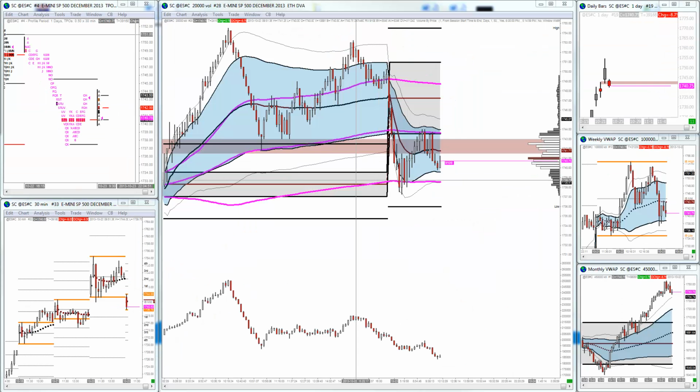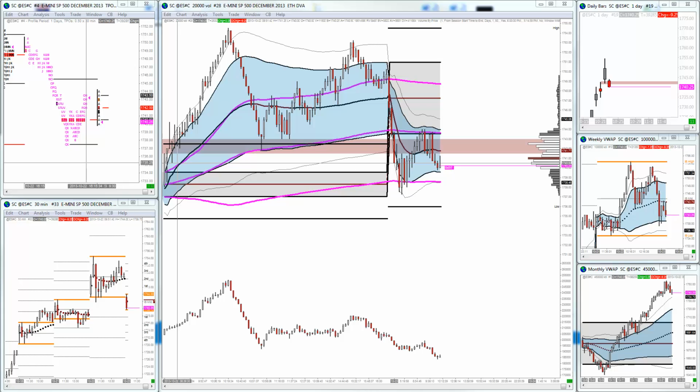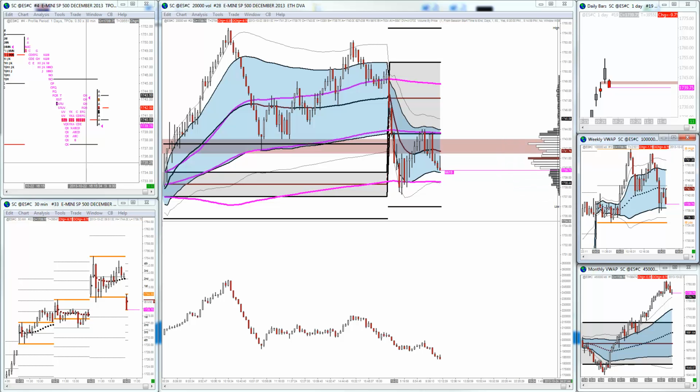Also S&P, we've seen another rotation up to my area, which I could have added to this position, but I'm just going to hold this and see where this decides to go now. Obviously the next confluence is this week's developing value area low, so we're just going to see where the market